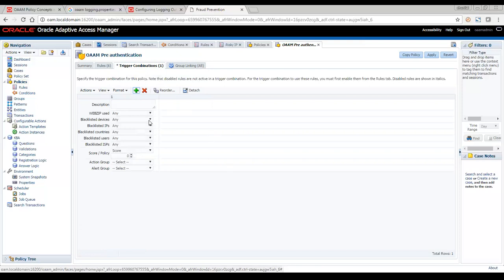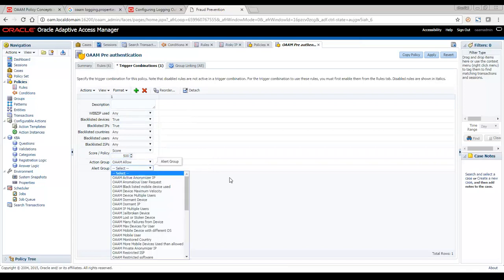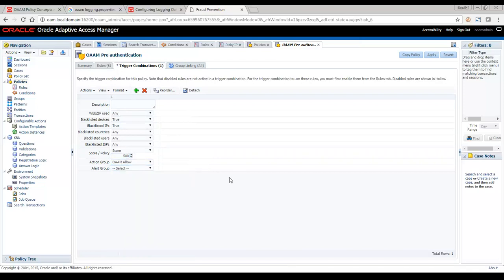You can say that if blacklisted devices are found, that means that rule is triggered true, and blacklisted IP is true, then you want to define your own score, say 500. You want to overrule the actions and the alert. You will say just allow the user and no alert should be raised.